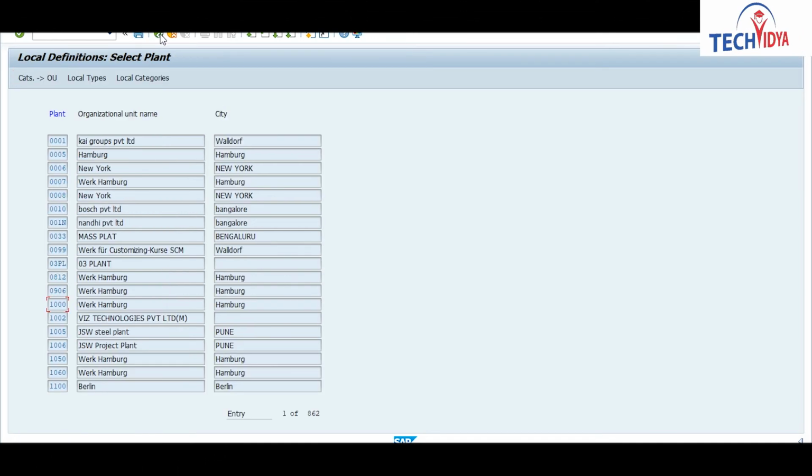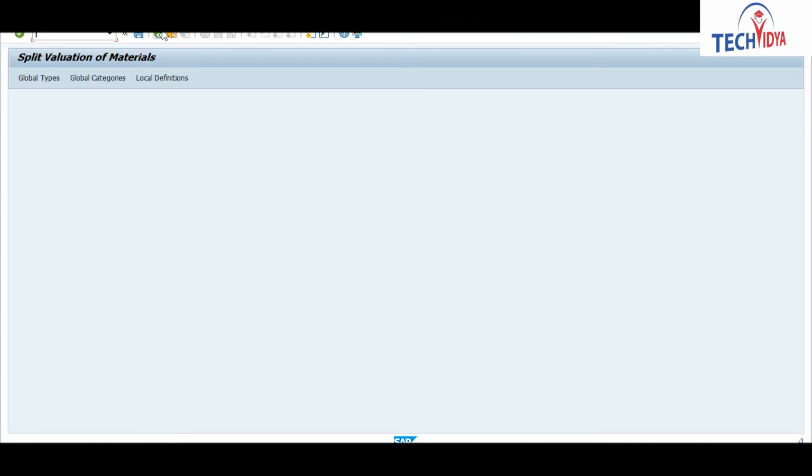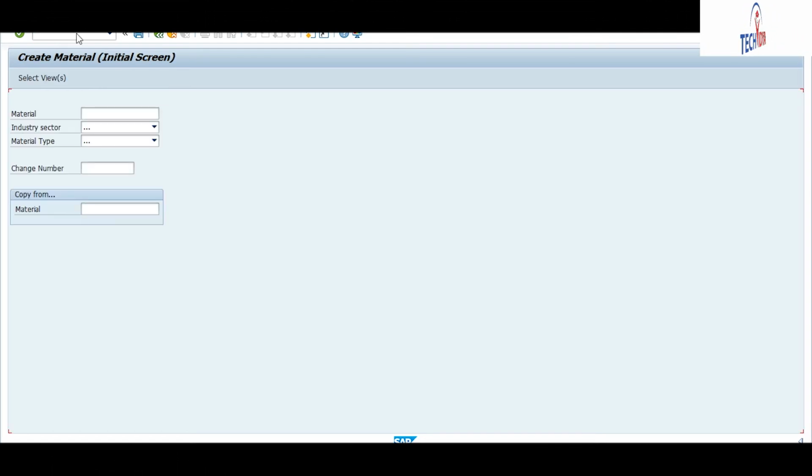Now we will go back and we will create a material and we will see this valuation. So now we will create a material using MM01. A material like val dash split.